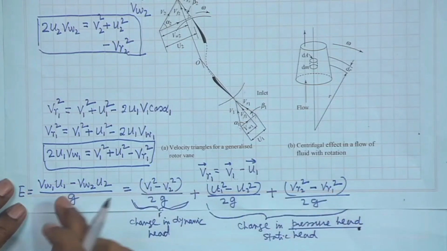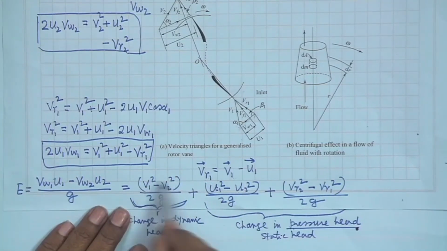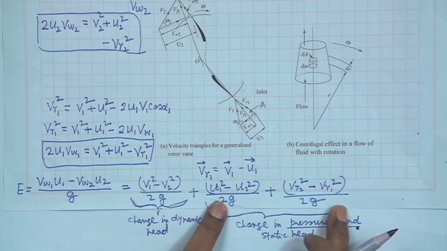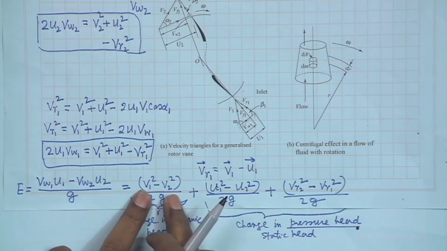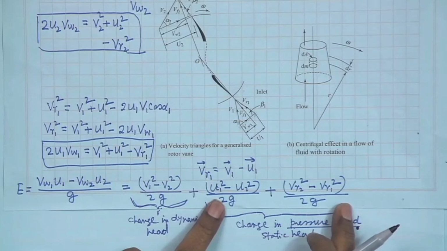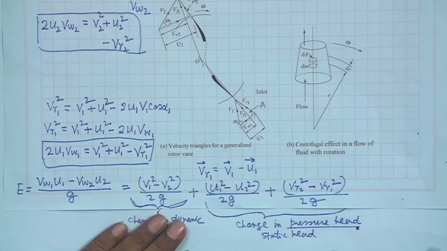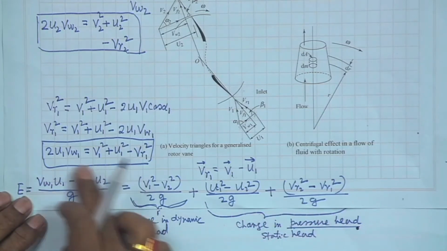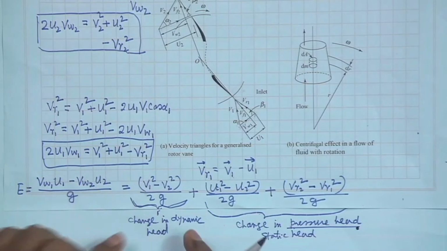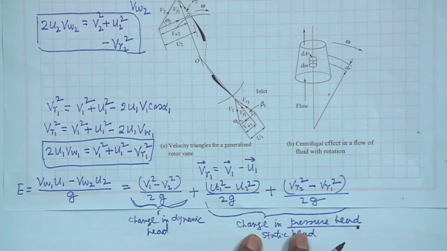So, therefore, when the fluid delivers energy, it changes its kinetic energy, and at the same time it changes its pressure. Pressure is reduced, kinetic energy is reduced, this part is positive, V1 is greater than V2, and this part is also positive, so that the change in the pressure head or static head is such that the fluid releases the pressure. In the other way, when the fluid gains energy, then this is negative. That means the fluid gains energy in the form of its dynamic head and also in the form of its pressure or static head.